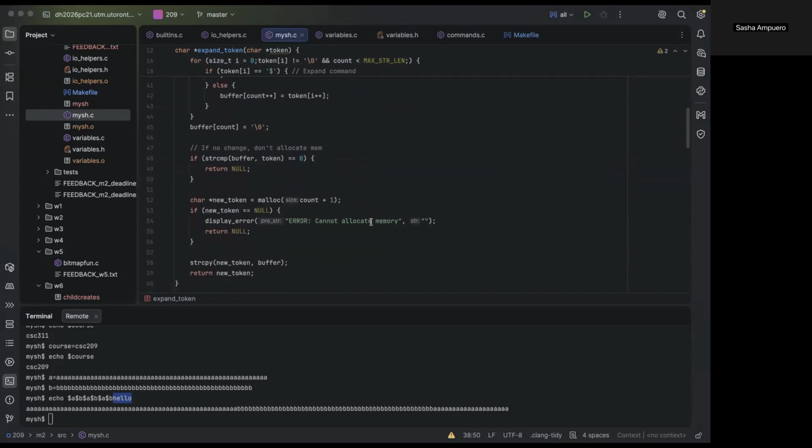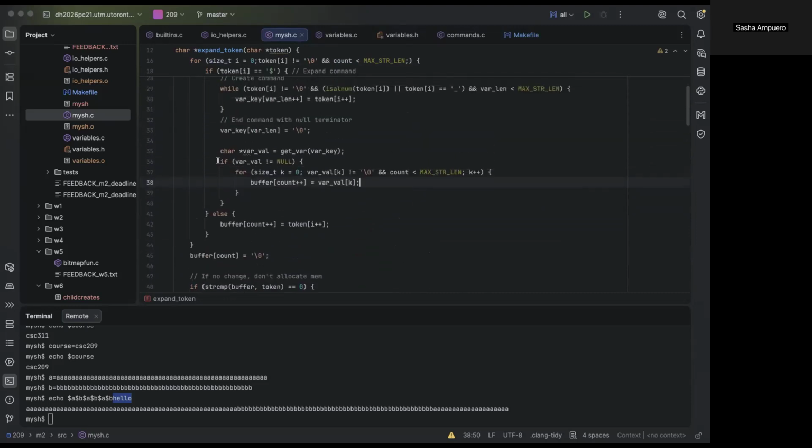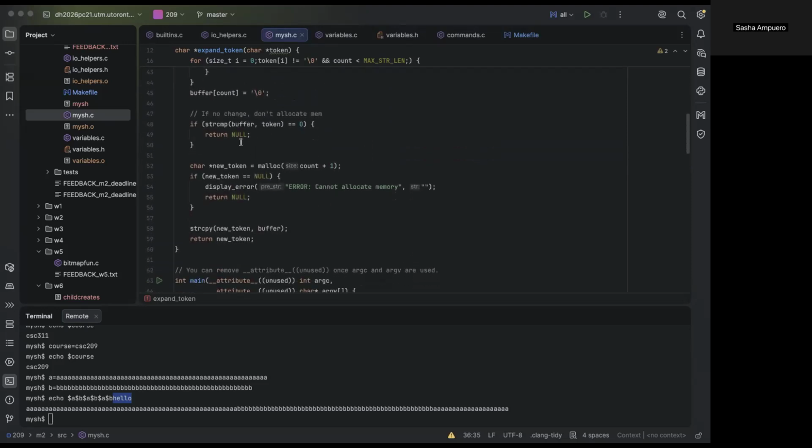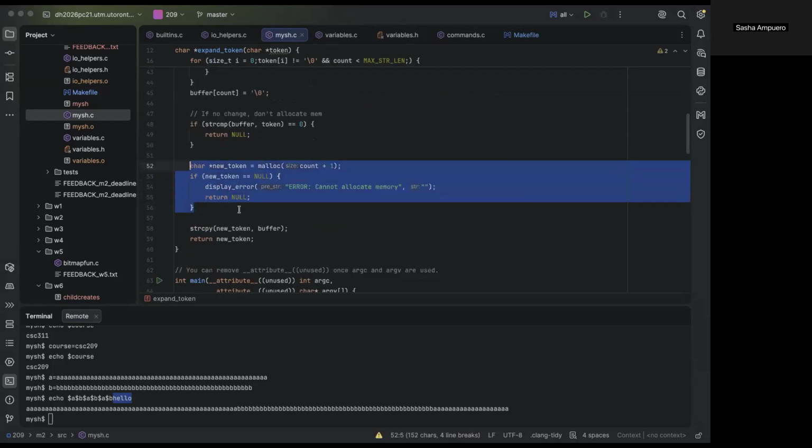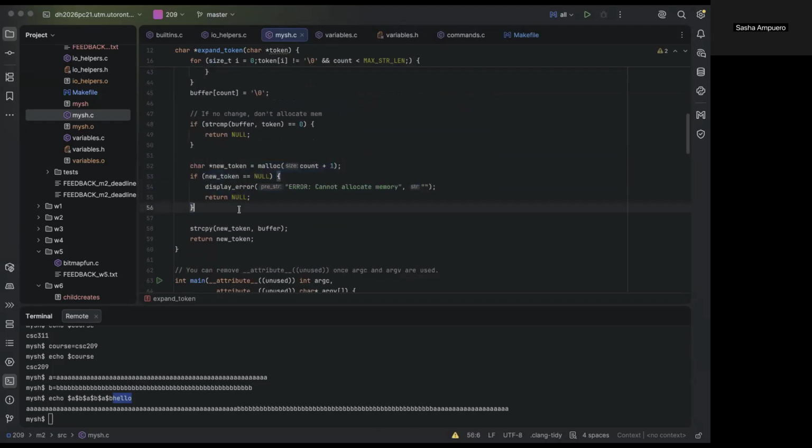Regarding the design of this, the positive of our expand token is that it prevents buffer overflow with many if statements and enforcements, and ensures memory safety with the if statement. With the if statement here, before we give the user our new token, we check if we can allocate it properly. If we cannot, then we return null without allocating it, so that we don't have unnecessary memory allocated. We also run string compare of buffer to token. If our buffer is the exact same as our token, then we'll return null because we don't want to